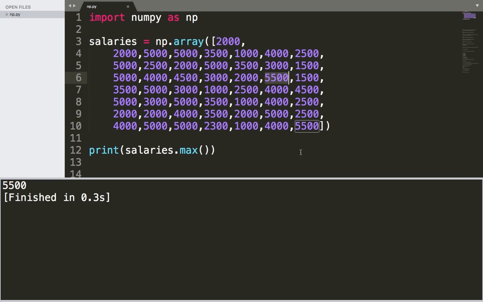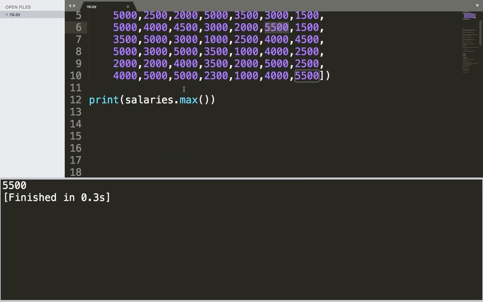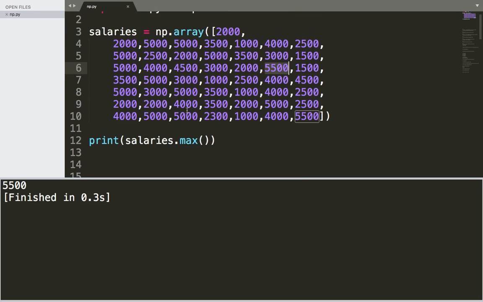So we have not just one maximum, but it can happen many times in this array. So this is the maximum wage. So you can say that the maximum wage is 5,500 in this array, or for these employees, the maximum wage is